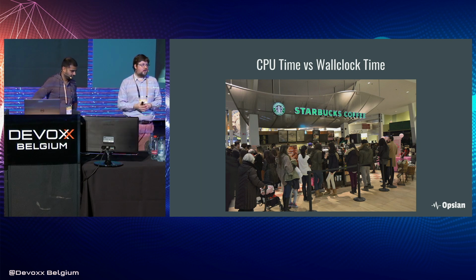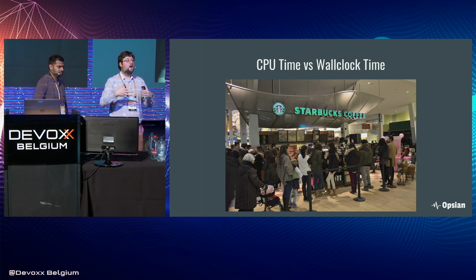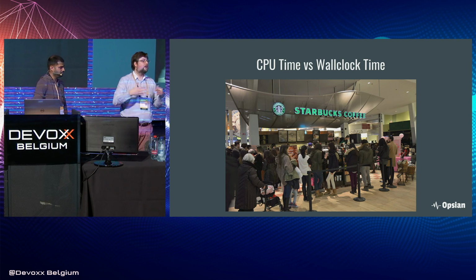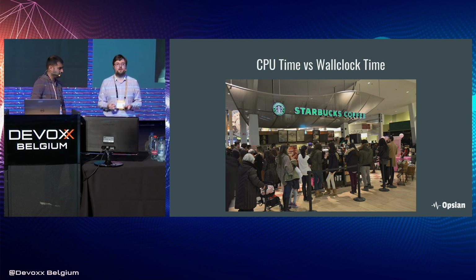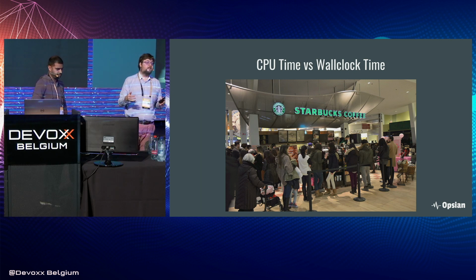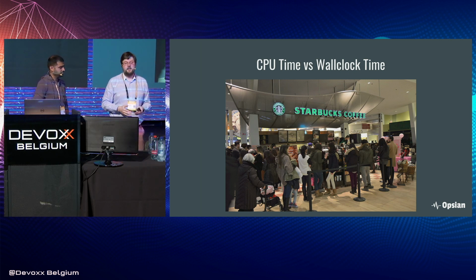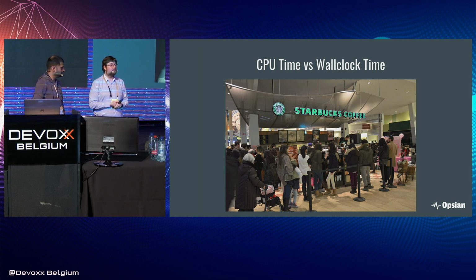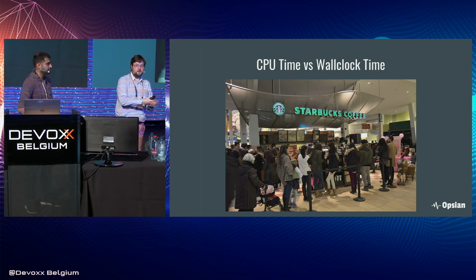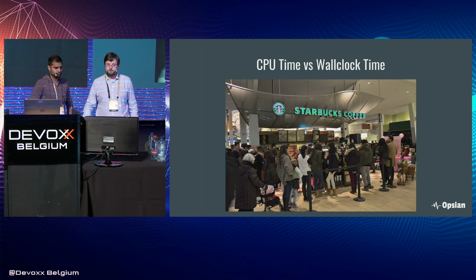So looking at wall clock time can be useful if you're trying to understand why you're blocked on a certain resource, why you're waiting for some disk I/O, waiting for an external system to talk back to you. But it can also include a load of other information that you just aren't interested in if you're looking at something that's actually CPU bottlenecked. So it could include loads of information that says, hey, your system's just sleeping around and doing not very much. So it's good to be able to measure and understand both CPU time and wall clock time.